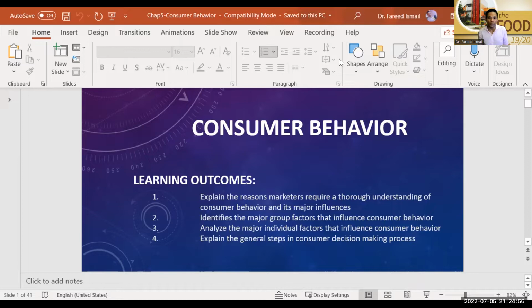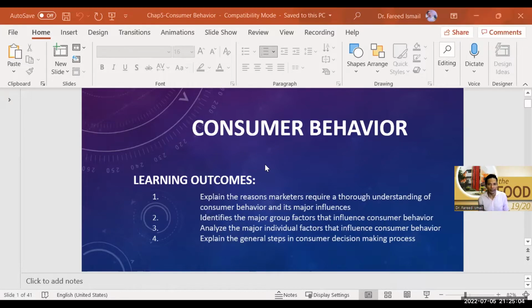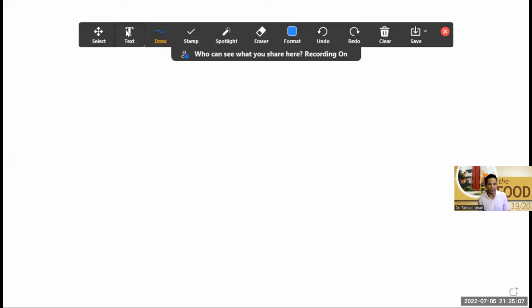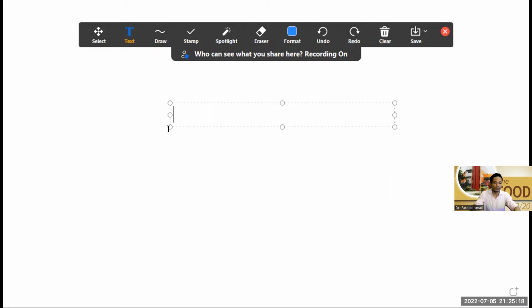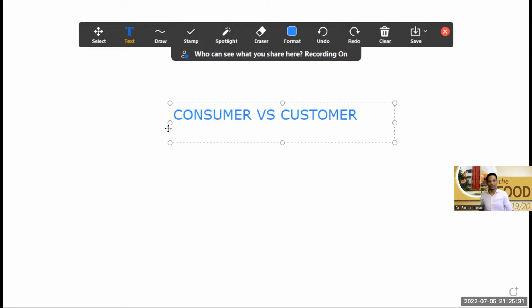Now, before we go further with all these notes, I would like to share with you guys a few terms that I would like to clarify here. First thing first, allow me to clarify the difference between consumer versus customer. Right. Now, in general terms,